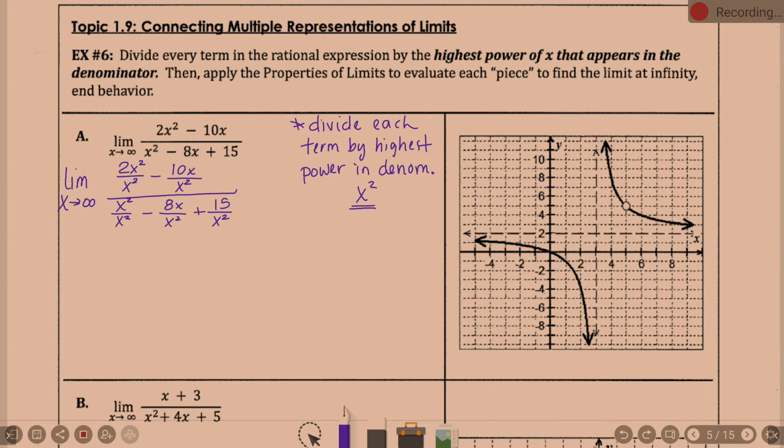Okay? Now we're going to clean that up. So the limit as x approaches infinity. What do you know about 2x squared over x squared? It's 2. Minus, what do you know about 10x over x squared? 10 over x. Can one of the x's cancel at least? So 10 over x. Denominator, x squared over x squared, 1, minus 8x over x squared, plus,